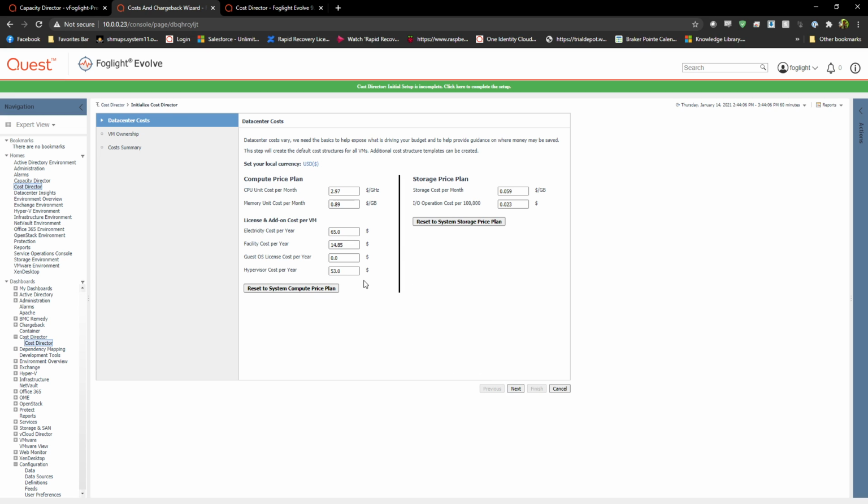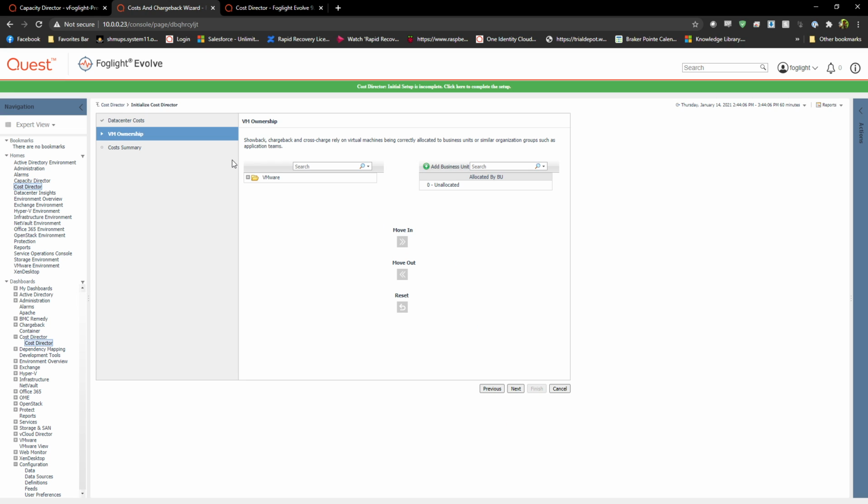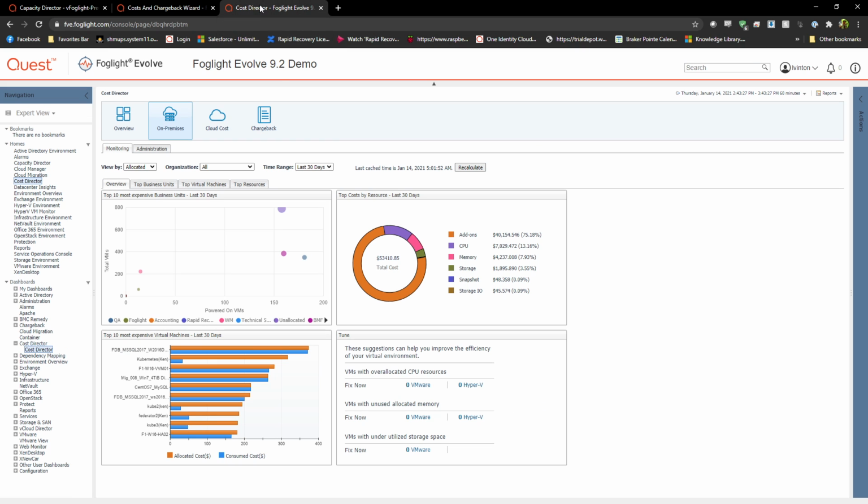We also have a basic, pre-populated plan. And then you divide up the virtual machines into different business units or whatever is significant to that customer. After you've done so, you would hit finish, and then we'll jump over to another installation. And that's what we've looked at. We can see here